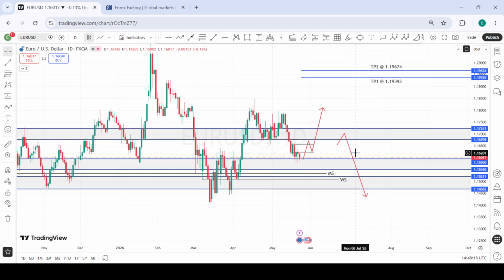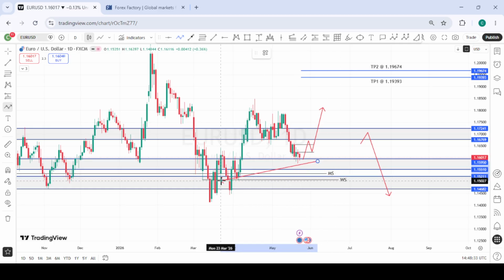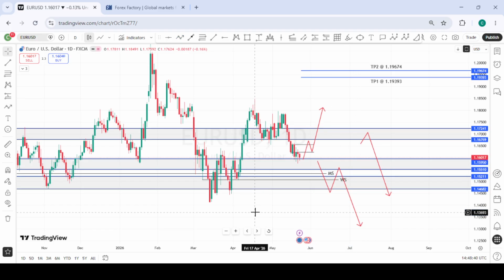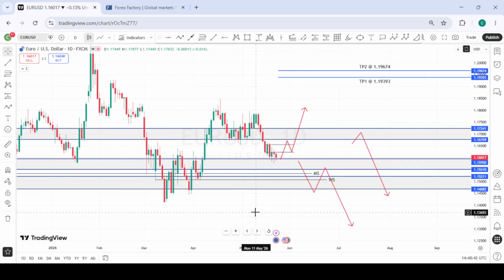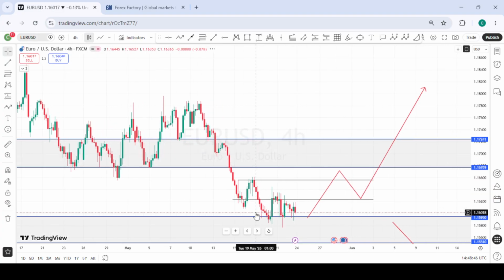And the second sell scenario is if we get a weekly candle or a monthly candle close, since the month is ending next week, below these structure points we have. It is a monthly structure point, and this is a weekly structure point. If we get a weekly or a monthly candle close below that and count for a pullback, then we know we are still heading towards the downside. But for now, we are currently going to be bullish due to what we are seeing on DXY.